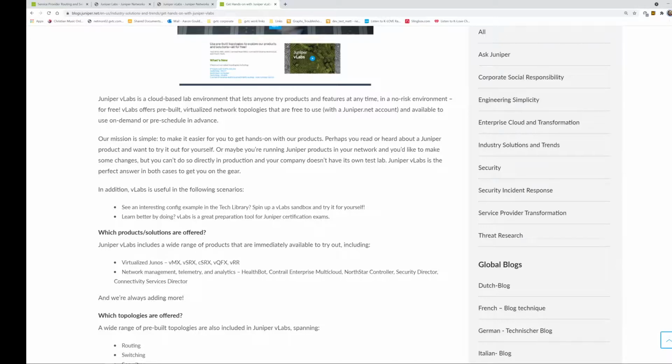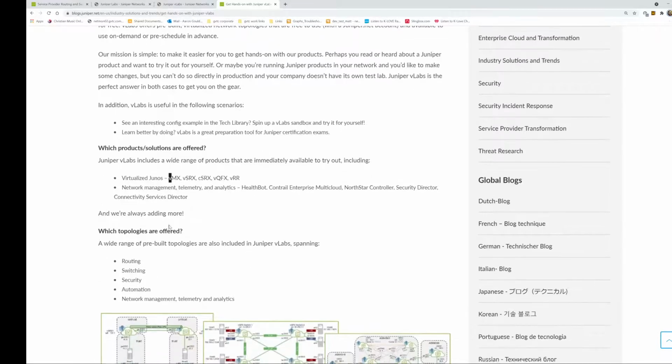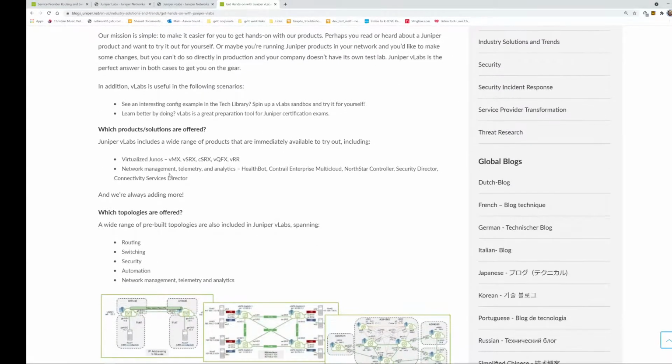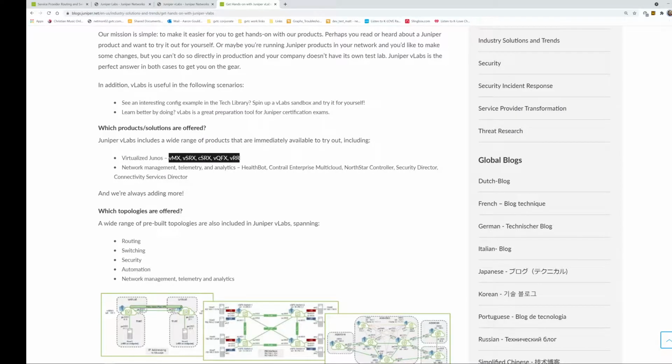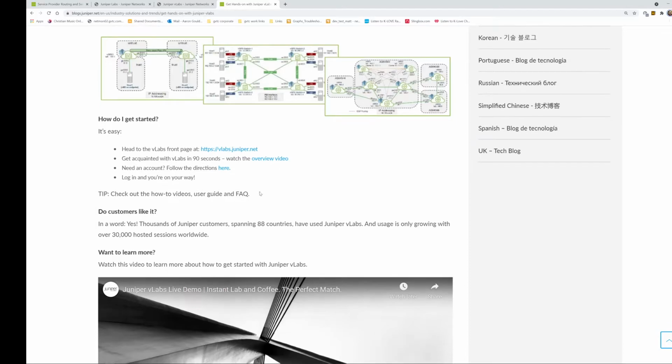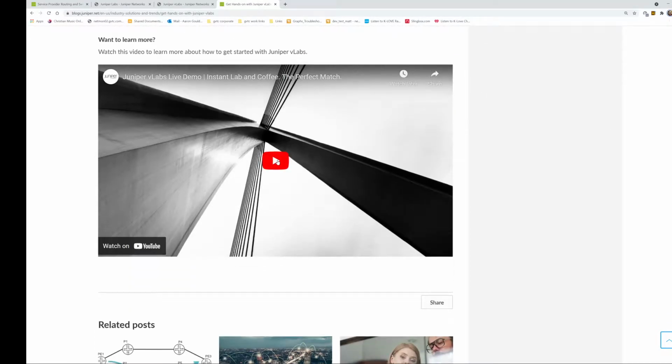They put that little V in front of it, meaning that it runs in a virtual environment. And so they actually have performance-based virtual software for use in high-performing networks. But then you also have a trial version of these as well that you can use for labs. Okay, here's some of the preset topologies that VLabs has to offer,